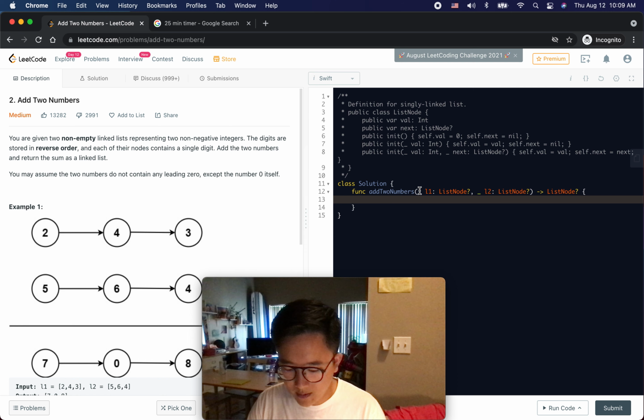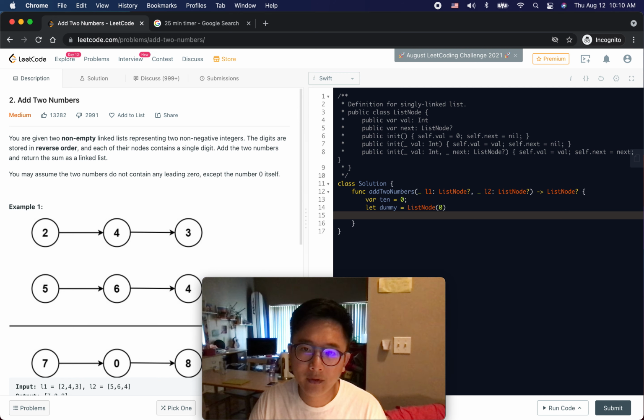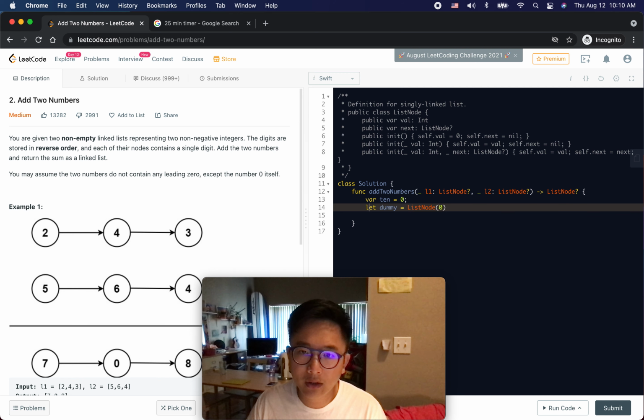So let's call it ten, which is 0, and we need to create a new dummy linked list in order to return the result. So I guess we can call it let dummy is equal to ListNode, and let's just call it result,